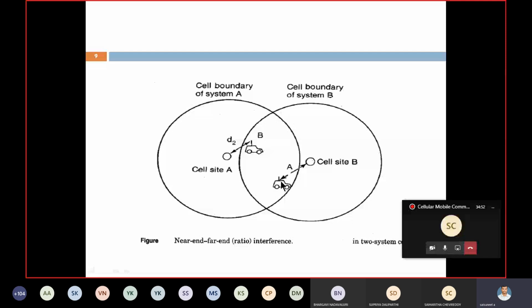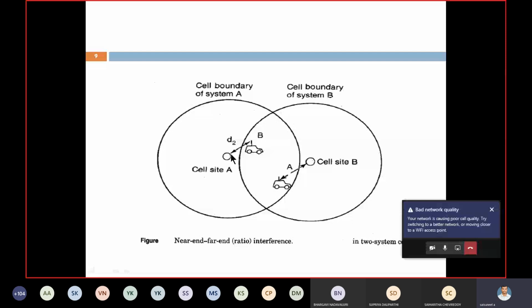This one I'm going to receive the signal from here instead of this. Similarly, for mobile unit B, the signal originally from cell site B, instead of this one, is the signal from cell site A because it is nearer to this one. That is from this concept here.